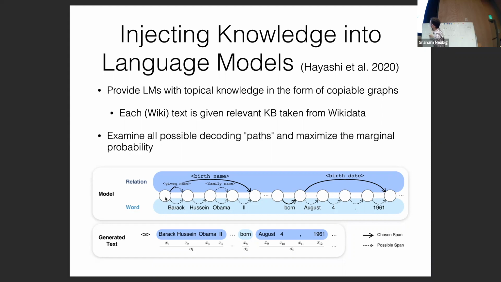We have things like given name and family name, and each of these have their own nodes here. The idea is that the language model at the very beginning could generate the next word Barack, but it could also generate the birth name pseudo word. In doing that, it would then be able to generate all four of these words at the same time. And it would be able to do so with relatively high confidence because it has a structured database that tells you that Obama's birth name was Barack Hussein Obama II. So